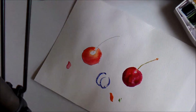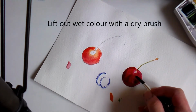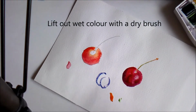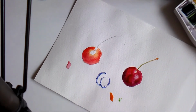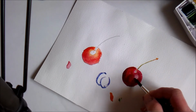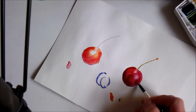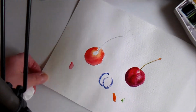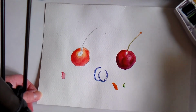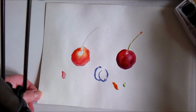In fact, what I'm going to do, I've lost my highlight because I'm working very wet, so what I'm going to do is just lift a bit off. See how forgiving watercolours can be? Just lift a little bit off, there we go. And what we can do is just, with a bit of the blue,